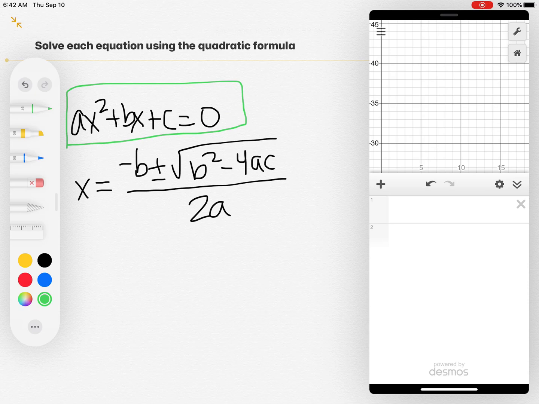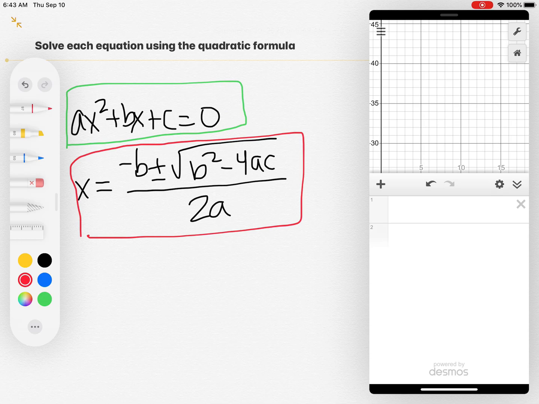So before we can start, let's get our equation to look like that. Your first term is your x squared term, then your second term is your regular x term, and your last term is your number, equals 0, in that order. Once you have your equation looking like that, sometimes it'll start like that, sometimes you'll have to make it look like that yourself, you can then plug the coefficients a, b, and c into the quadratic formula, which I'm going to box in red. Negative b plus or minus the square root of b squared minus 4ac,